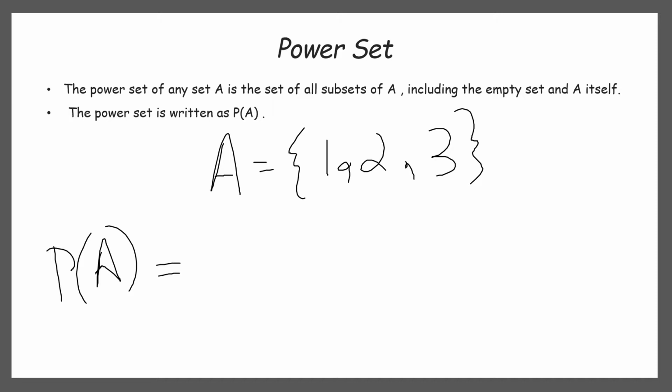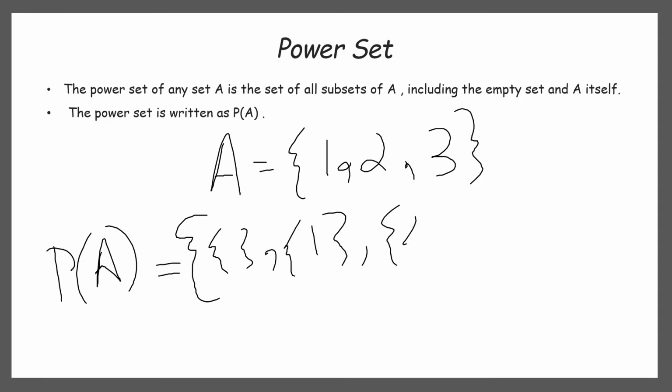But now you won't just write subsets, you will write all the subsets inside another set. It means that you will first put a curly bracket, then write all the subsets inside. First subset is the empty set, then 1, then 2, 3,